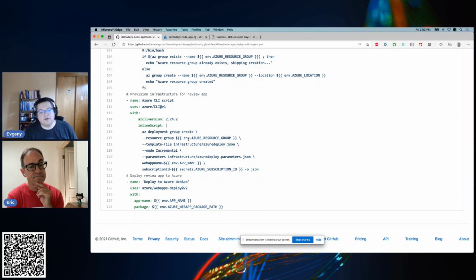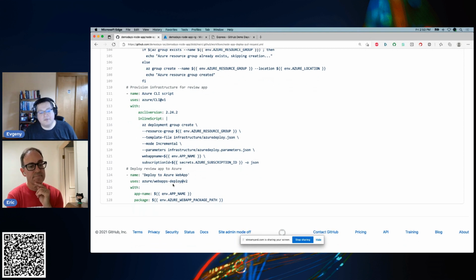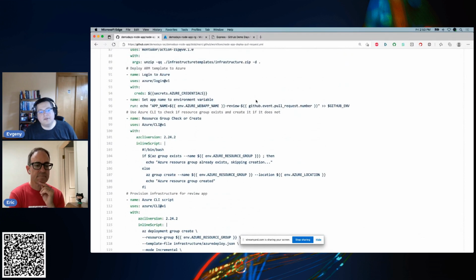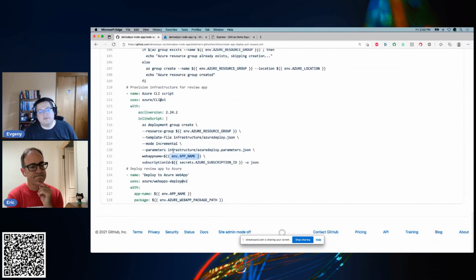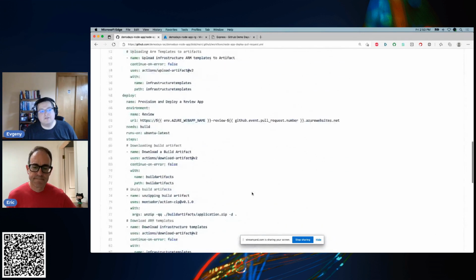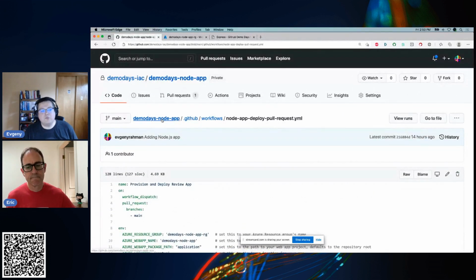And this is, again, where the names of things matter, right? Like we are plugging in parameter names. So we have this app name that we constructed using this syntax dynamically. So we're passing that in instead of a pre-configured name. And then we're providing our Azure subscription ID out of secrets. We're providing our Azure resource group. And then we're deploying it. And we're deploying it with that dynamically created app name. And we are saying, /application. Everything from /application is in our package, and that's what the application is represented by. So that's everything that we're doing.